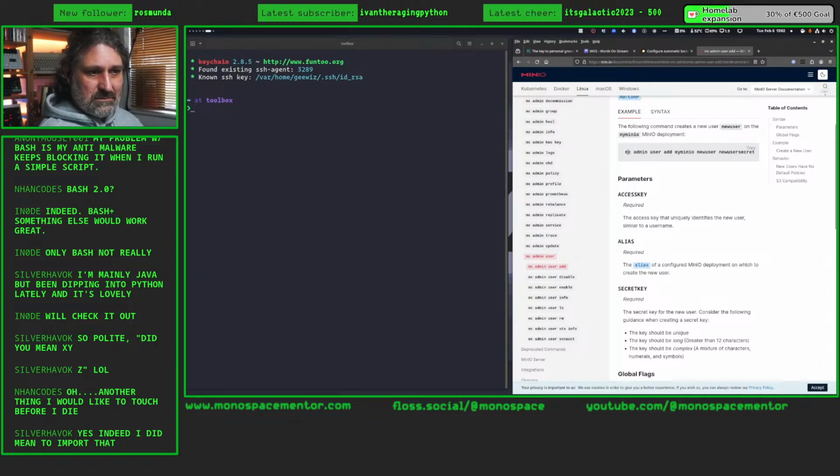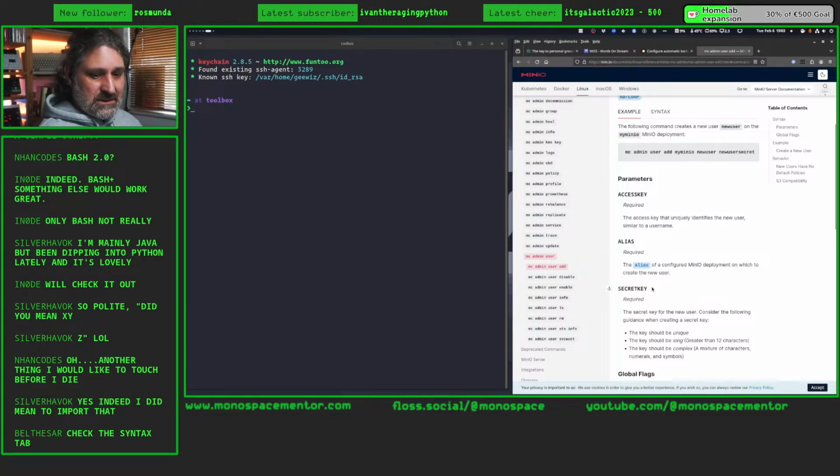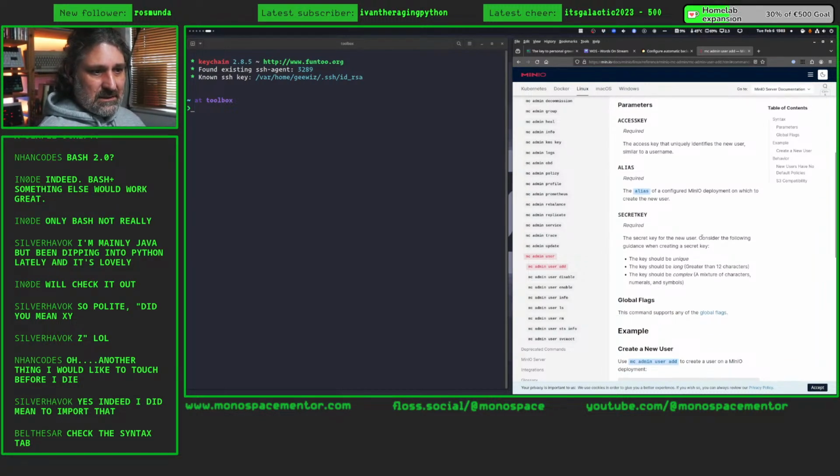This command should read mcadmin user add alias access key secret key, because that's actually what's displayed here. The alias is the Minio deployment, which is usually the deployment you're running the command on, and then we'll use an access key and a secret key as the